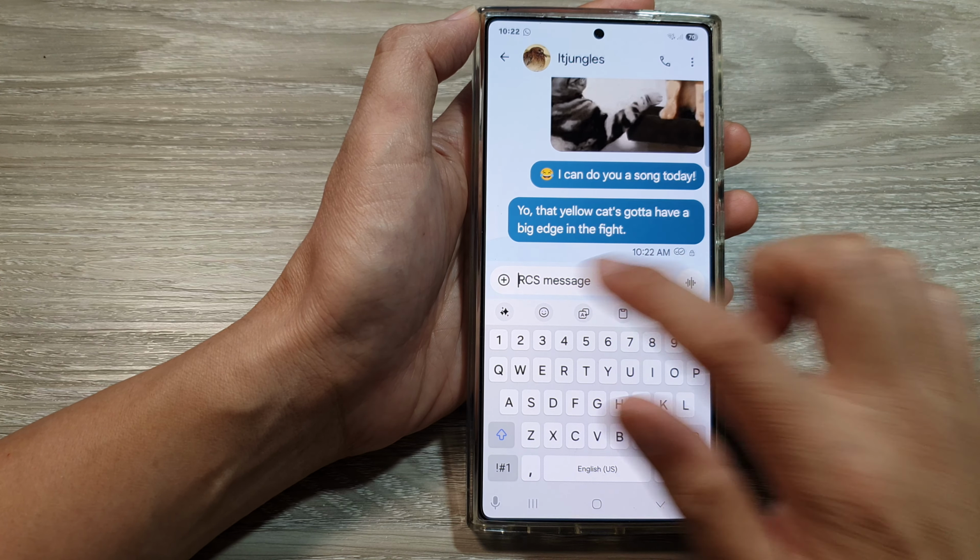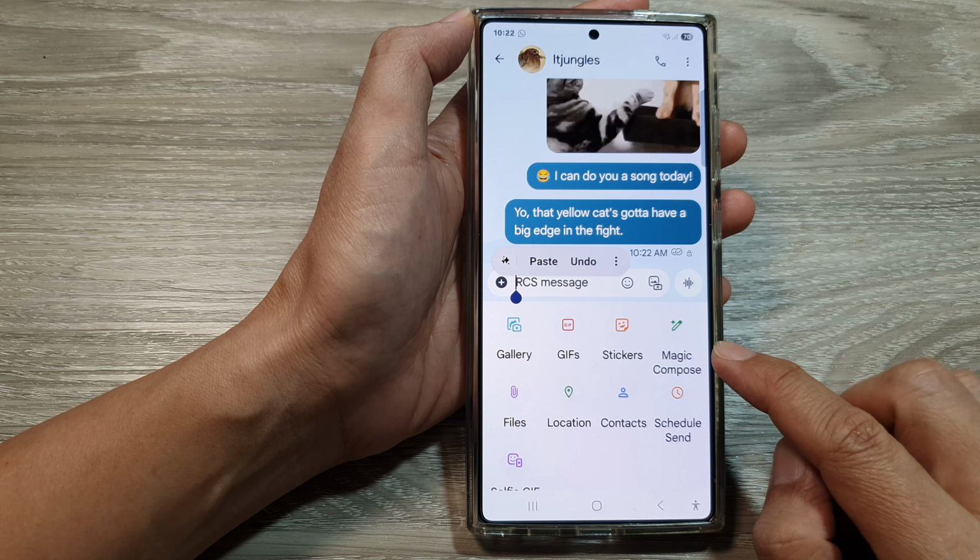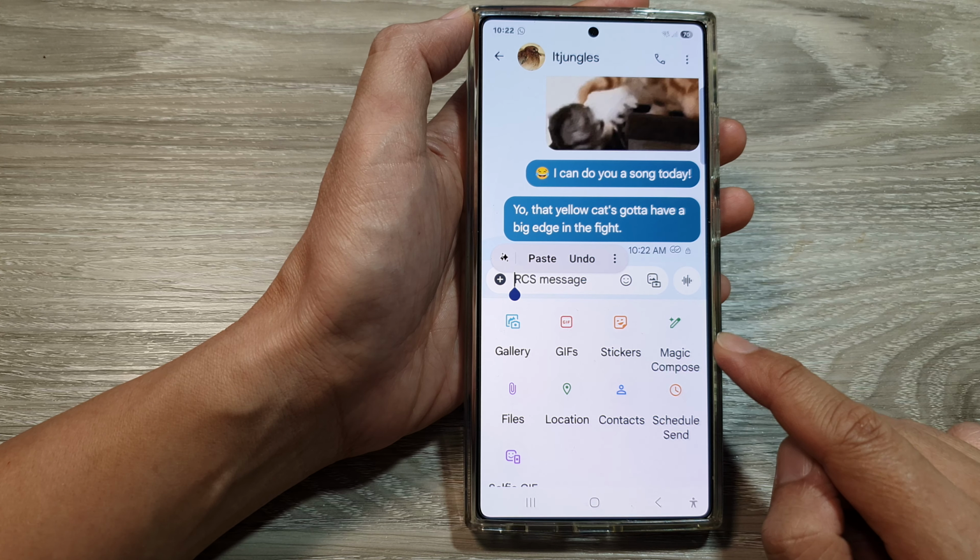And that's it. So that is how you can use it on your Galaxy S25, S25 Plus, or the S25